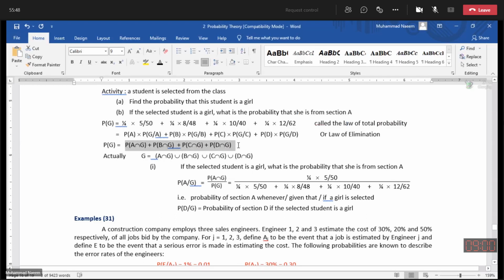As we have added the probability of these intersections, and further nothing we have, just we are adding the respective probabilities of these sets. This means these sets are mutually exclusive. And combinedly they are equal to G, because on the left hand side this probability is equal to probability of G. This means the set G is equal to the union of these intersections.